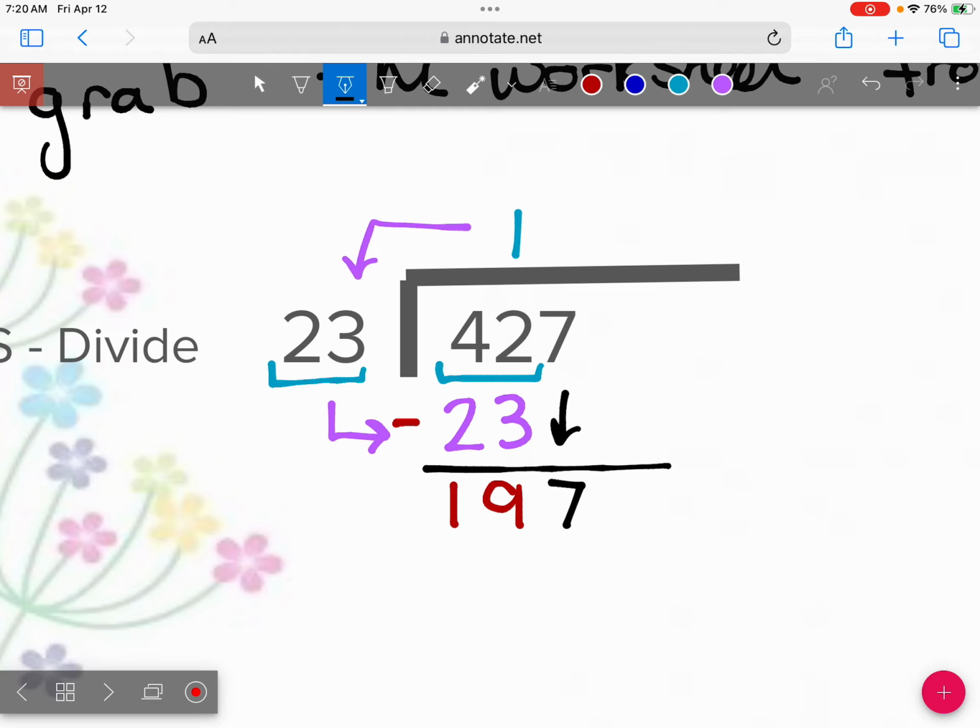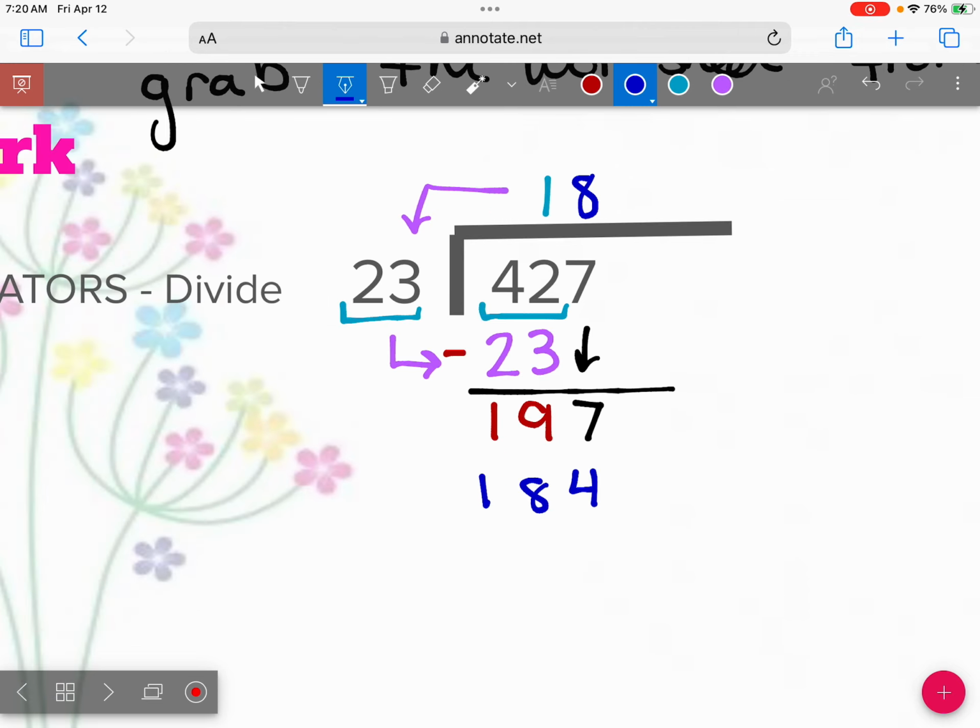And this one's a little bit harder to spot, because we did do it right. It is a 1 in the front, but 23 into 197 is a little bit harder to spot. 23 actually goes in 8 times, because 8 times 23 is 184. So when we subtract those lines,